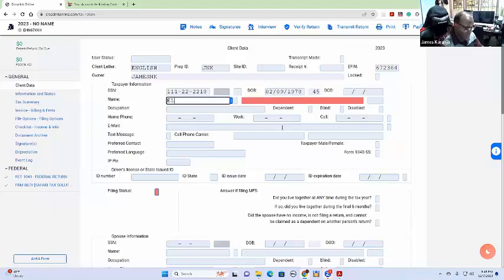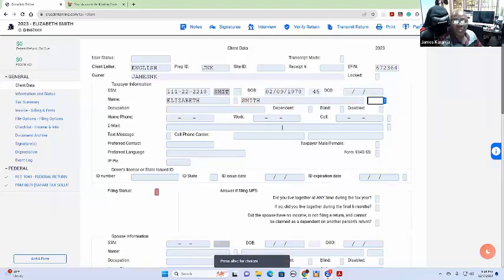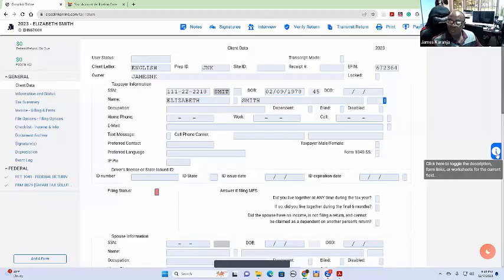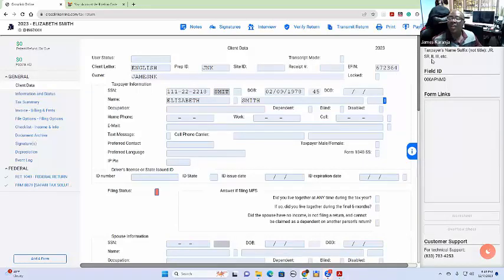The name we are going to put what I have here, Elizabeth. Do they have a middle name? No, they don't. Then Smith. That's what I have on the W-2. And here, for your information, this is where we put if they are junior, senior, and all that good stuff. Okay, but we can put this one on the I there, and it will tell you what